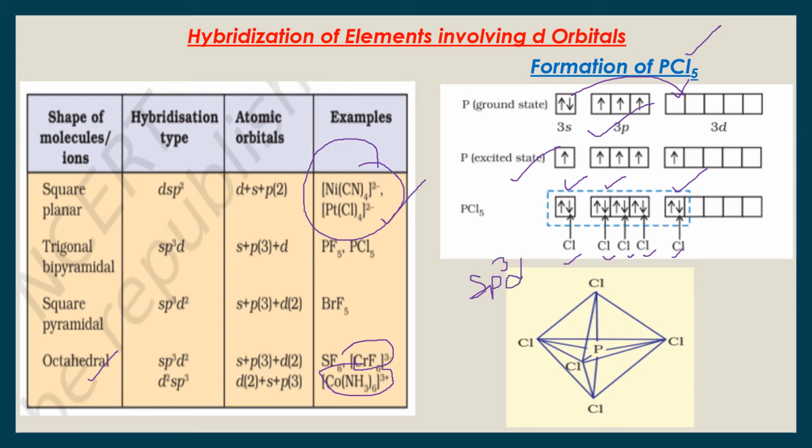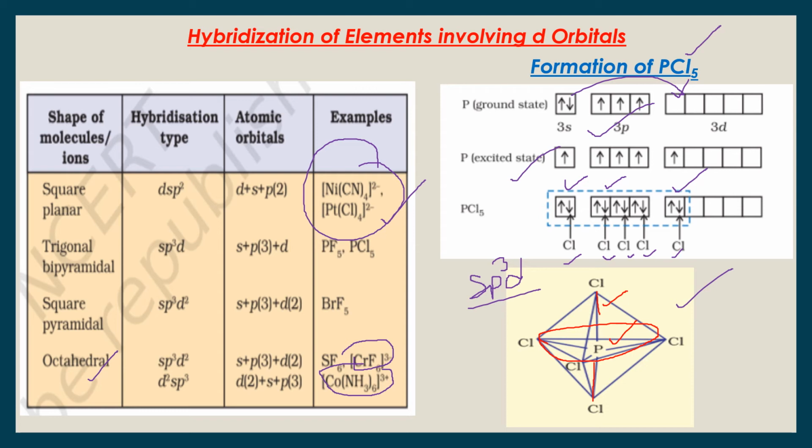And whenever I have to arrange 5 electron pairs around the central atom, according to VSEPR also we know that it has to be trigonal bipyramidal. So that is the structure, geometry, shape, both are trigonal bipyramidal. Now these three which are in the plane are called equatorial bonds, and above and below are axial bonds. Those which are on the axis are getting repelled by 3 bonds at 90 degrees. So repulsion is more. That's why axial bonds are always longer than the equatorial bonds.